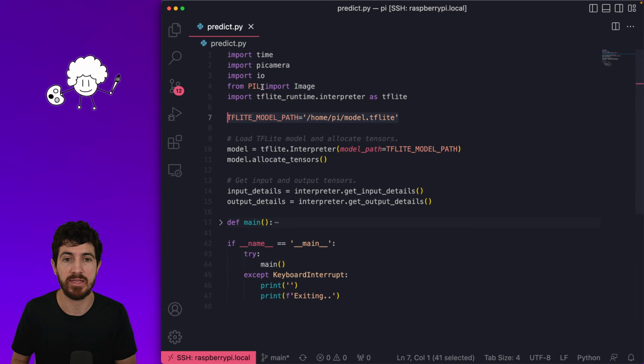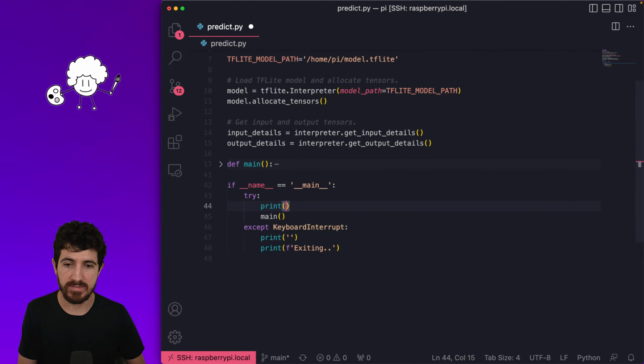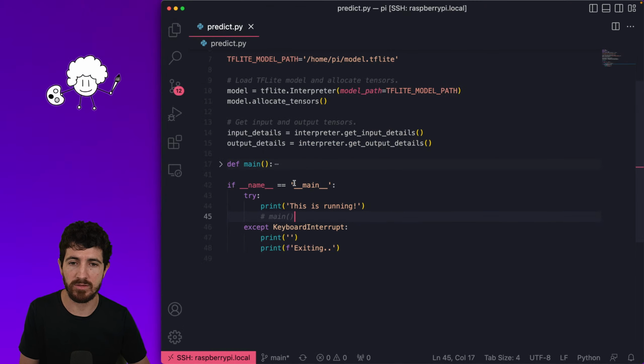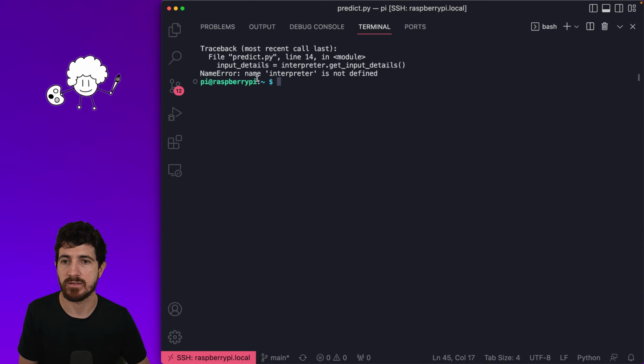In this case, we don't need a sample image because the image is going to be fed from the camera, and we load the model, we allocate the tensors, we get the input and output things. And when this script runs, if the name is main, basically if you're executing this script from the console, we're going to print "this is running". I'm going to comment on main, and I just want you to see that if I run this,